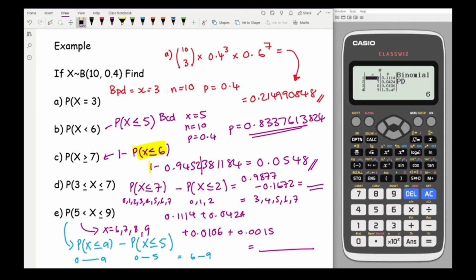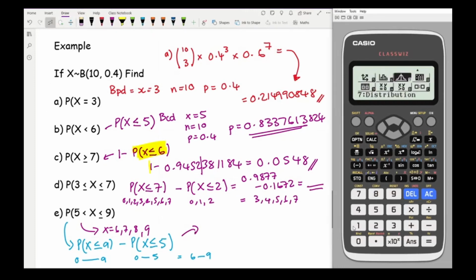So if I just get rid of some of this working out, and go through this on the calculator. So again, get out of this mode, select option 7, and again I want BCD. And again I could use list or I could use variable, depends on what we're going for. So I'll go for list this time because I've got to work out two numbers. So here I'm going to go for, let's get rid of all these. So I want 9 and I want 5,